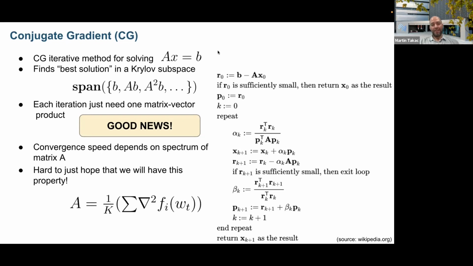But actually, it's very hard to just hope that this Hessian will have very good eigenvalues or clustered eigenvalues. So this is the bad news. Because maybe in the worst case, I will need to make almost this many steps, where this is the dimension of my space, the number of parameters, right? In the worst case, I need to make these steps. If the eigenvalues are clustered, then I will need maybe only 3 steps to solve this to high accuracy, okay? Which is a good thing and also a bad thing, because there is no hope that my Hessian will be nicely conditioned.